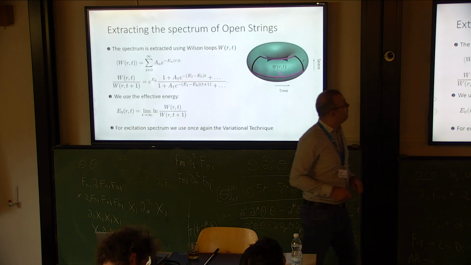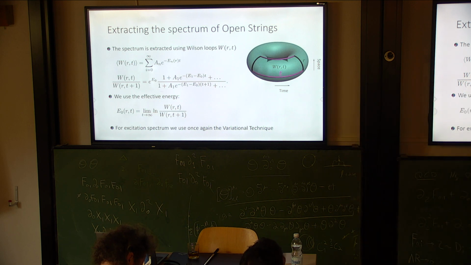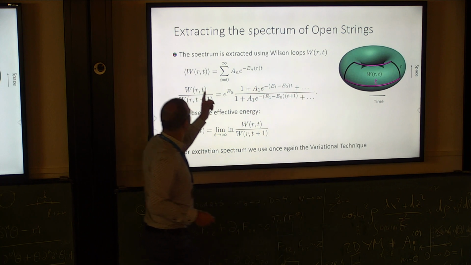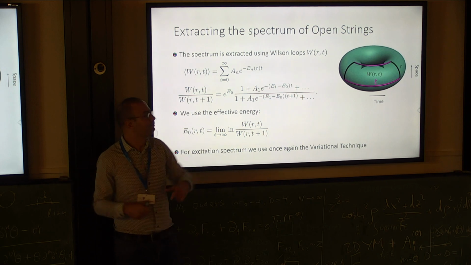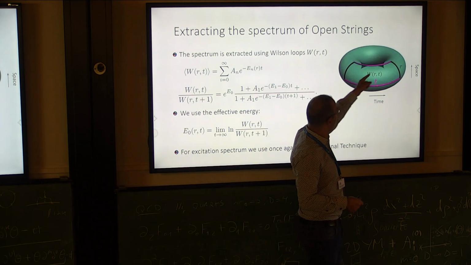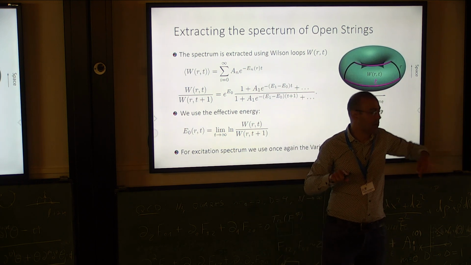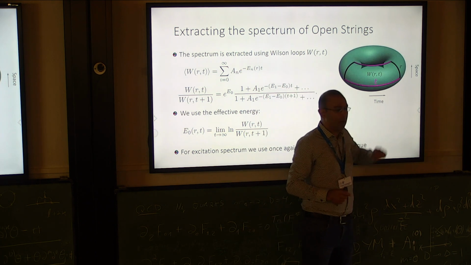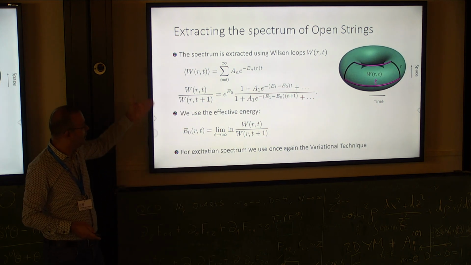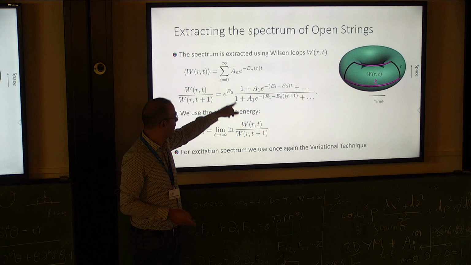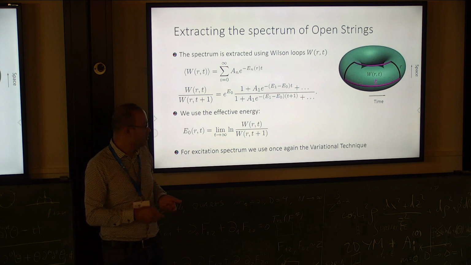Very similarly, when we work with open strings, what we actually calculate is basically large Wilson loops. These are contractable loops on the lattice, where we have two spatial lines, let's say a flux tube and an anti-flux tube, separated by temporal Euclidean time t. We can show that it will also give you the ground state as t goes to infinity. And again, we need to use the variational calculation.